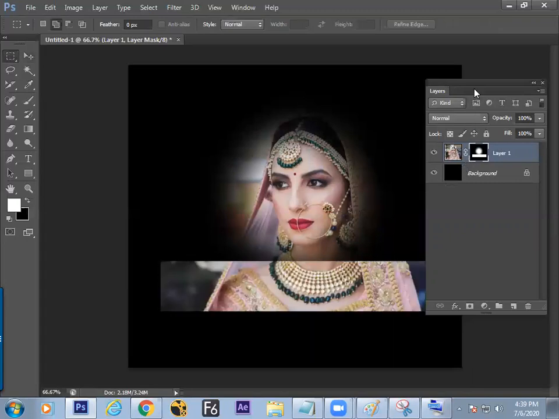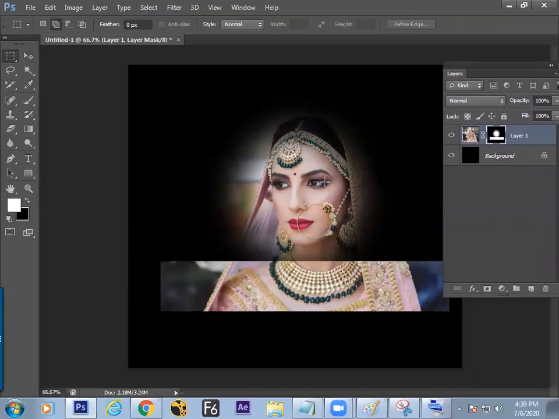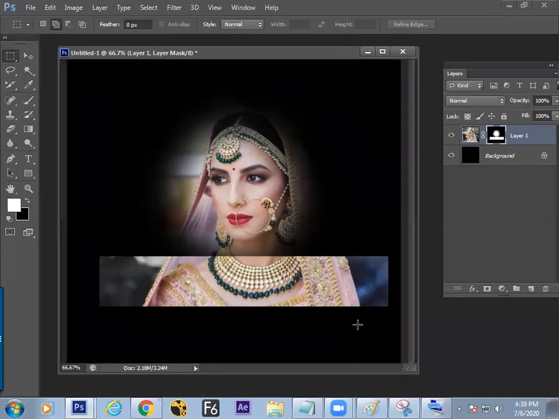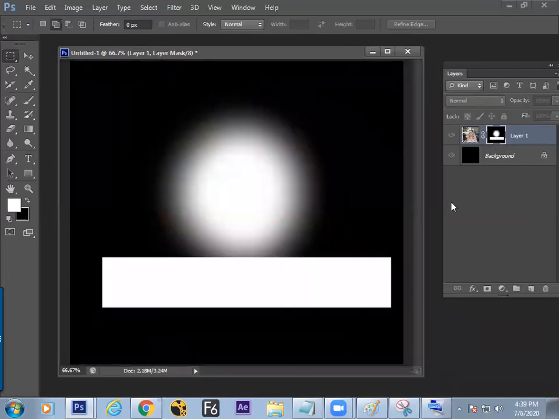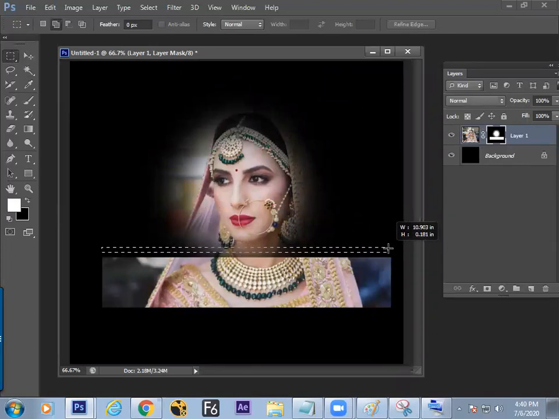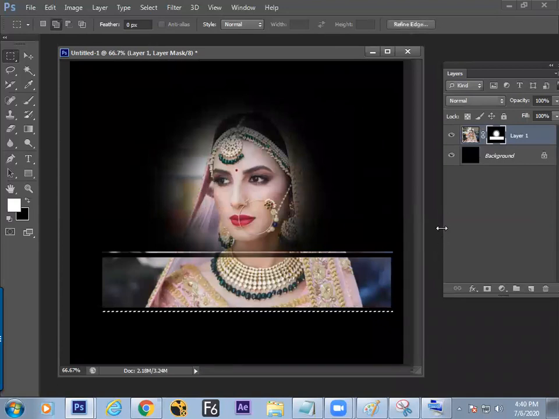So what you have seen now is that we are just designing the matte. No photo cutting, just design the matte and see the matte. This is your mask. You're completely working on the mask portion. And you can add a small line. Just fill the white on the mask and show the image there. That's it. Is it understandable?